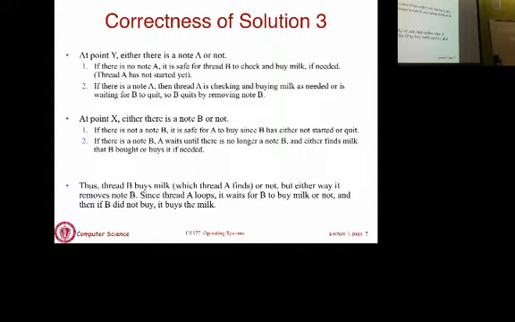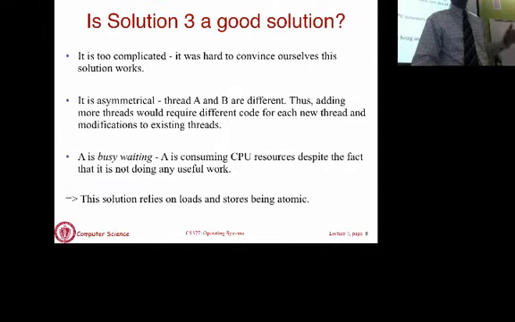Right? So the argument is that it works, but you have to go through a lot of trouble to convince yourself it works. And I actually haven't convinced you. I just asserted, and I showed you a slide that has some argument, which you can go and read. Okay? But I'm not going to go through it. So the point is, this is a solution, but it's not a good solution. It's too complicated. It's hard to convince ourselves that it works. You may still be not convinced. You may think I can find a way it doesn't work.